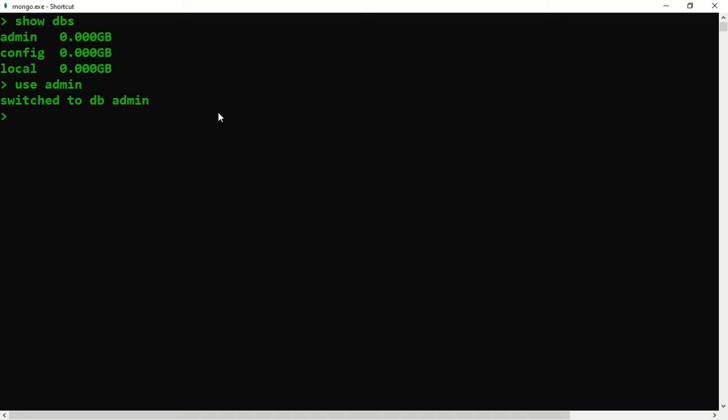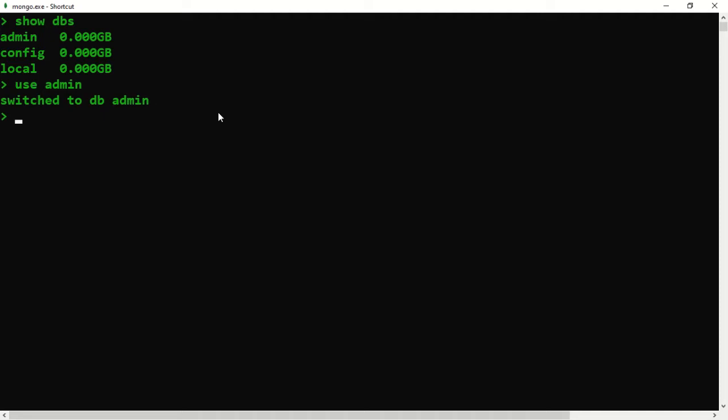Now let's see what tables are available in this particular database. A database is a collection of tables, right? But here in MongoDB, instead of tables we call them collections. So we are going to see the different collections available in this particular database.